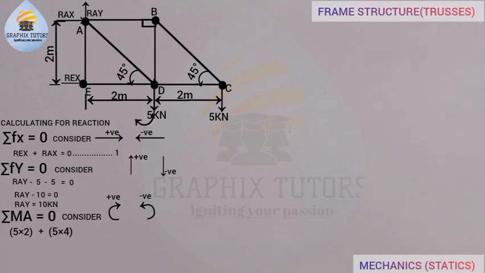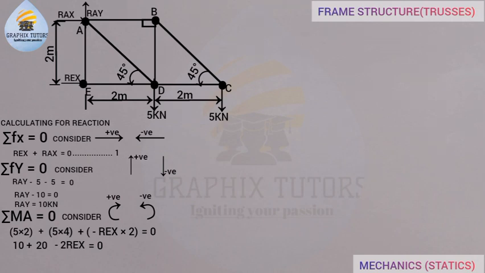Now the next thing we are going to do here, after 5 times 4, the next one will be R_Ex. Look at the arrow going towards point A, right? It is going anti-clockwise, so it will be negative R_Ex multiplied by the distance from E to A, and that will give us 2, all equals 0. So 5 times 2 gives us 10, plus 5 times 4 gives us 20, minus R_Ex times 2 gives minus 2 R_Ex equals 0. Now, if you do that, 10 plus 20 is 30 equals to minus